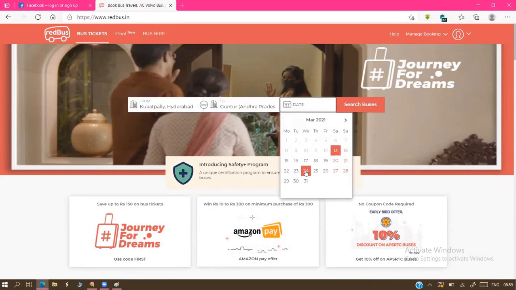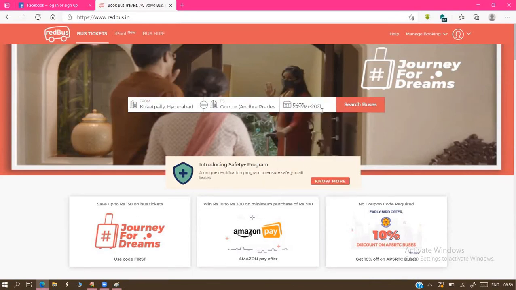Date of journey, sir, some March 25th. We entered three details here, we can check it. From station, Hyderabad I entered. To station, Guntur.